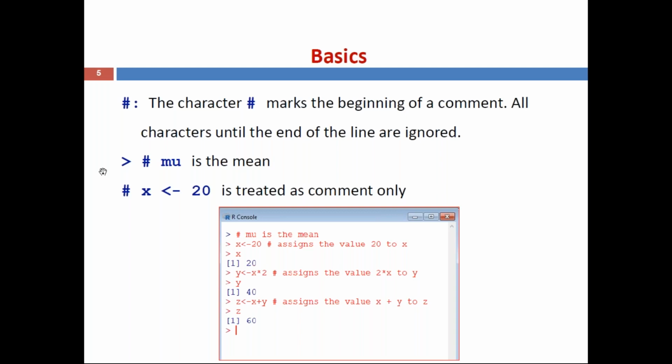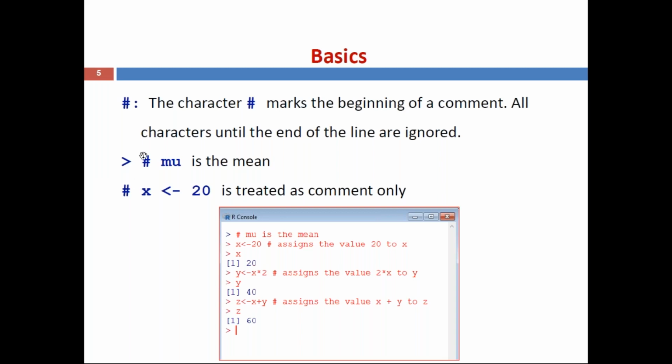In our R software also, by using the hash character, we can include comments. Beside the command, whenever you use the hash character, whatever you write from that character till the end shows the description or comment of that particular line or command.